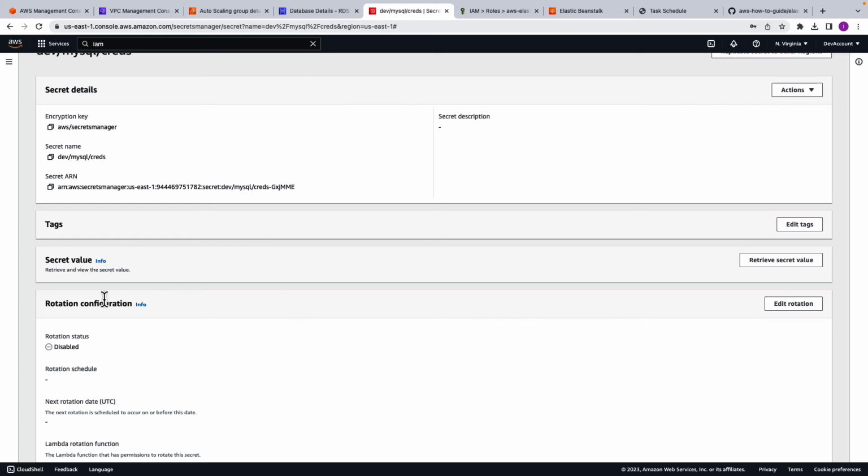Now you may have noticed that very briefly the rotation status went to enabled and then it's gone back to disabled, and that is because CloudFormation in the backend is performing all the magic. It's actually setting up a stack in order to enable this feature. And if we quickly went into CloudFormation,